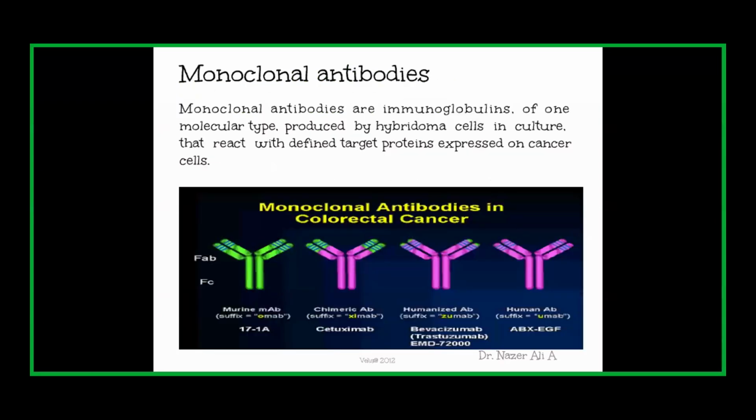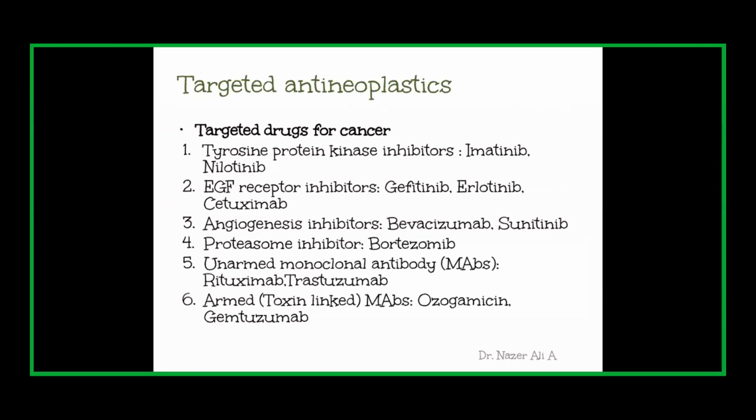Okay. So we have rituximab, which we will be using for non-Hodgkin's lymphoma, a CD20 inhibitor. So what will happen? It will be targeted against the CD20. So what is the main advantage in targeted therapy? They will be selective to the tumor cell. Comparing to chemotherapy, chemotherapy is not selective to the cancer cell. They will attack both the cancer cell and the normal cell. So that's why there is unacceptable toxicity. But in the case of targeted therapy, these agents are targeted against the particular tumor cells. So there is less toxicity when comparing to that of chemotherapy.